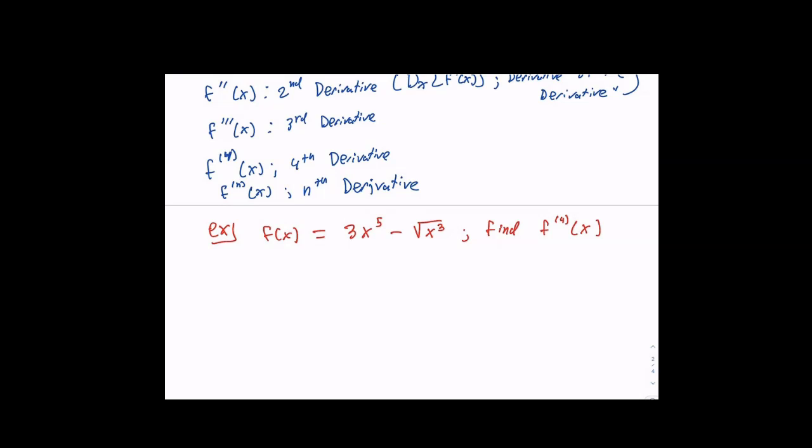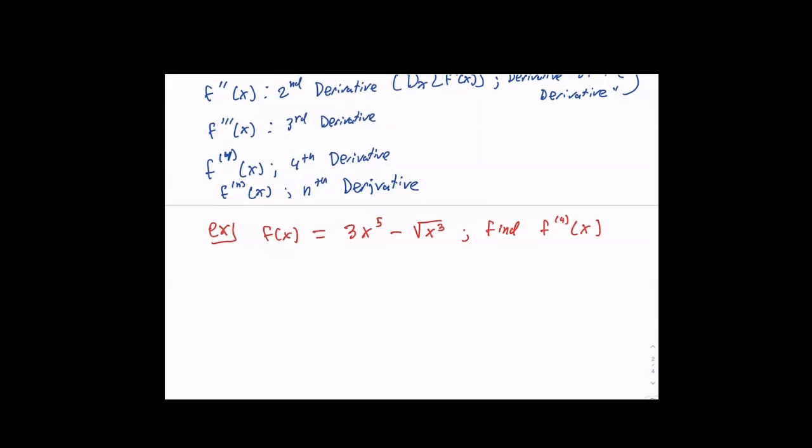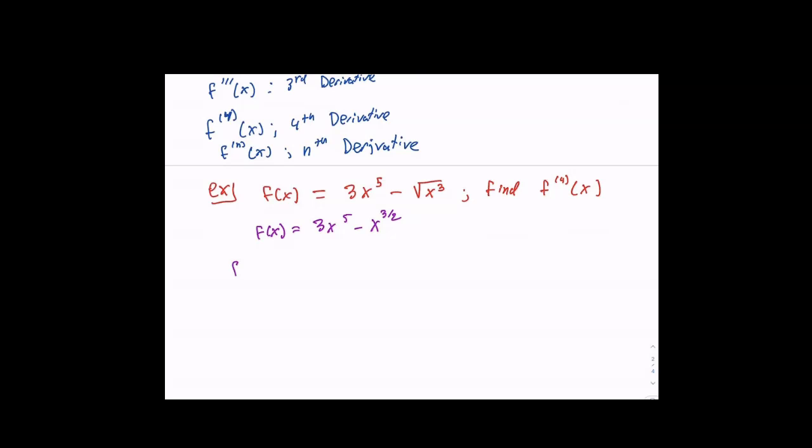But before we find the first derivative, what do I have to do? Rewrite f of x. Yeah, simplify, rewrite, algebra friendly, f of x. Good. So that gives me 3x to the 5th minus x to the 3/2. Okay, so f prime of x equals